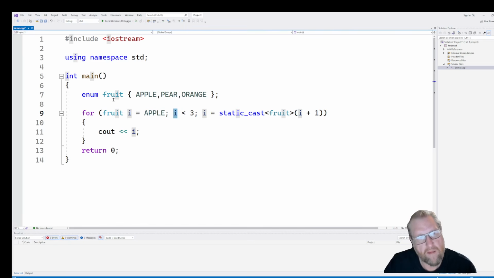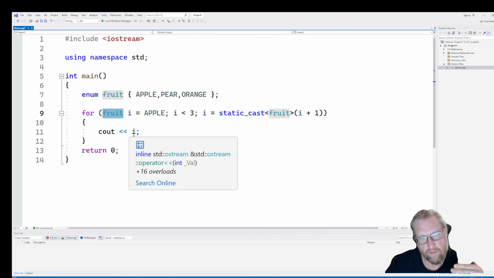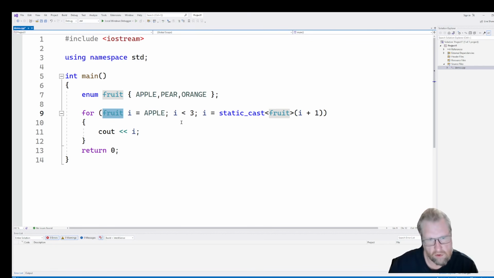It's automatically converting it, just like when we do a cout of I. I is a fruit data type, but deep down it's a primitive data type, and so the underlying lowest level of C++ will treat it as an int, which is what it is, and so it will degraduate to